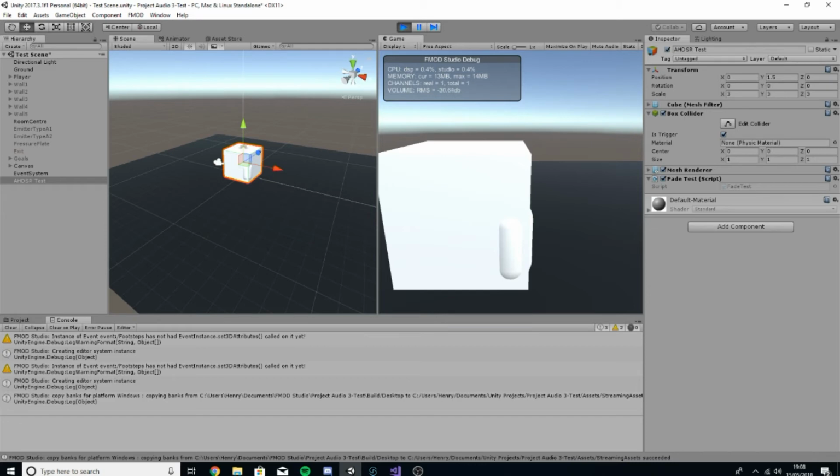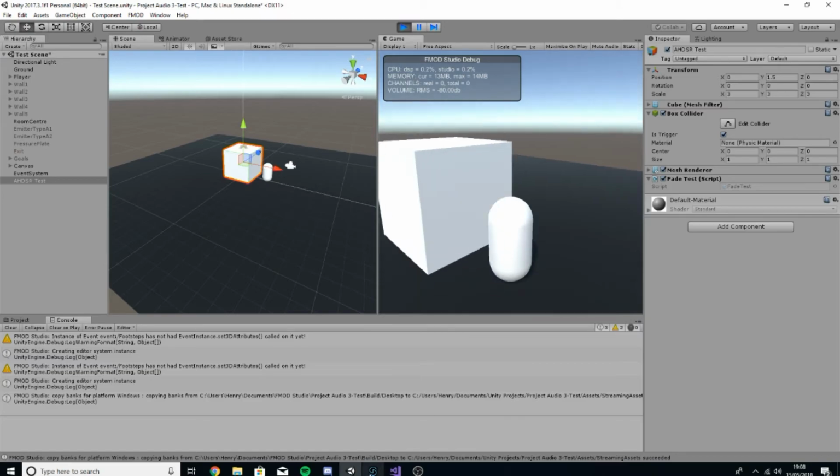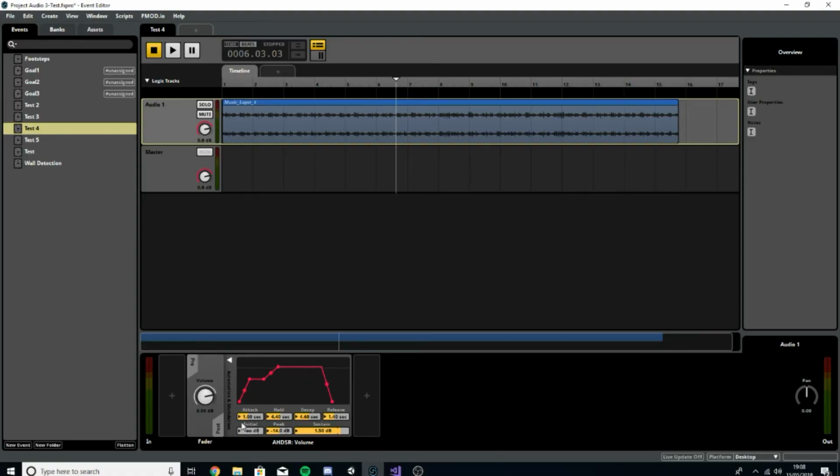There we go, so it's louder. And then if I leave, it releases, okay? I don't know if you could hear me trying to speak over the volume there. I might have set the sustain too loud. But there you go. Hopefully you heard, if we jump back in FMOD, that it took 1